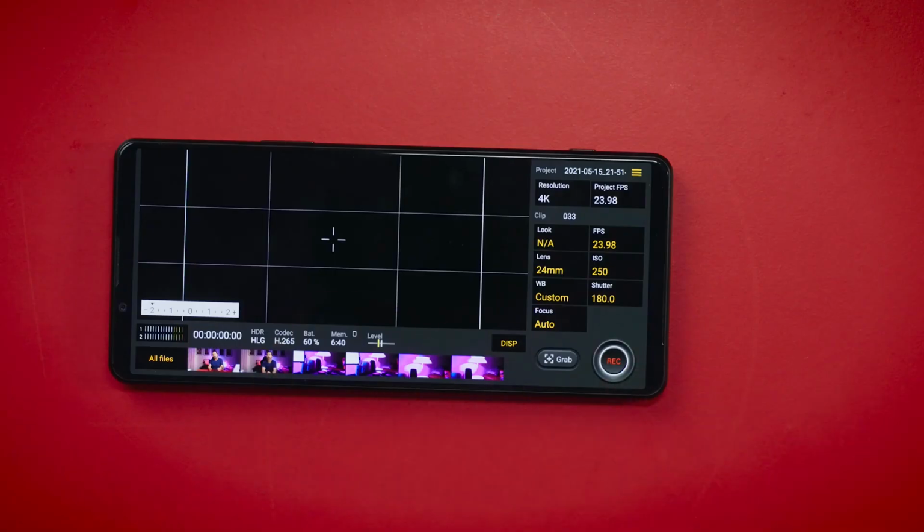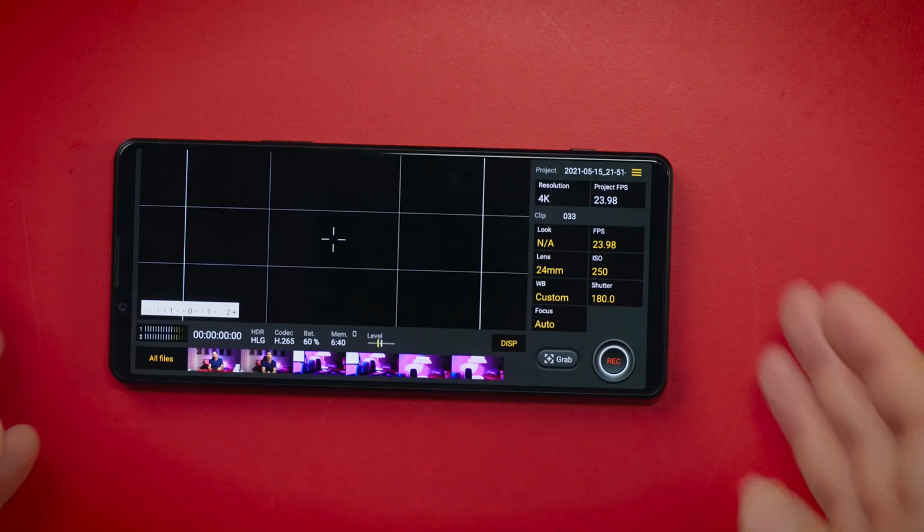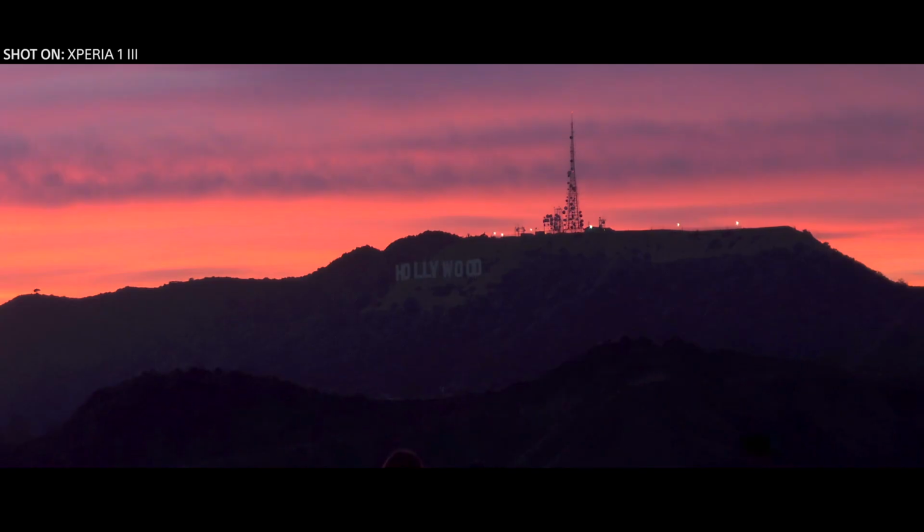Just like Xperia 1 Mark II and Xperia Pro, you cannot switch between lenses while you're shooting video. Even if you pause the video, you cannot switch between lenses. You cannot zoom in or out. This is very much like having prime lenses on your camera. So you need to change lenses, I guess. That's the approach. Or maybe they didn't want to have that not so perfect switching between lenses